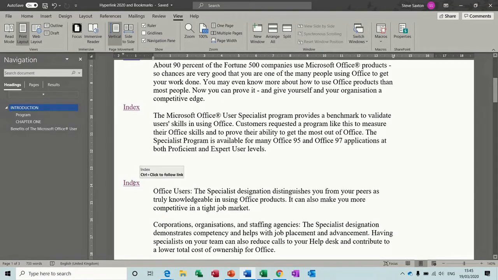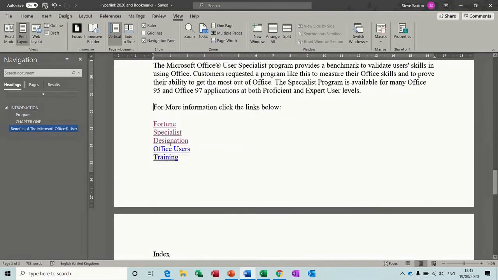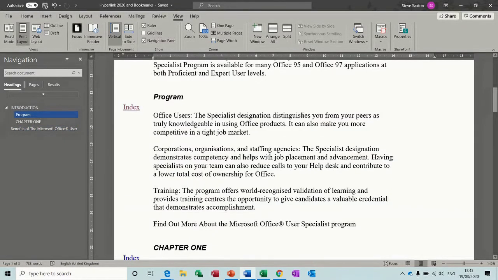If I go back down to the index and then click on designation, it should take me to designation. It's on this bit there. It's not actually going to the word itself, it's going to that section, just showing you that section. And if I click back down on an index again,